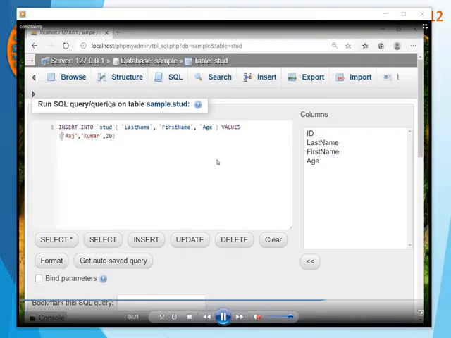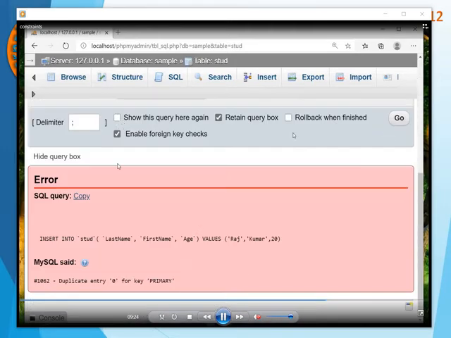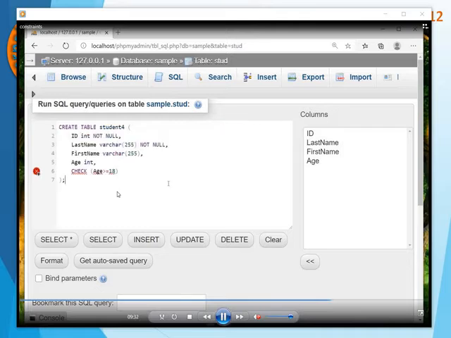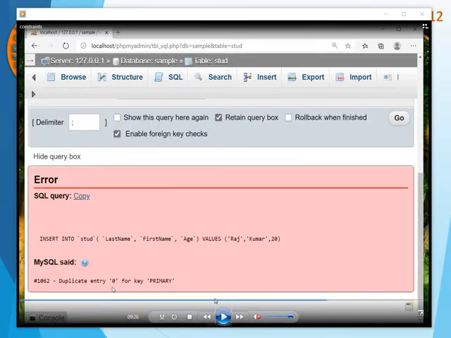Again I am leaving the column empty, and it will not allow it because there is already a 0. If it is empty, it has to be treated as 0, so it is not allowing because it is treating it as 0, another value. Is it clear, children? So when we insert an empty string in an integer field, it is treated as 0, but if you try again, it will not allow. So primary key does not allow duplicate values and it should not be a null value. Is it clear, children? Now we are going to see another constraint, that is check.